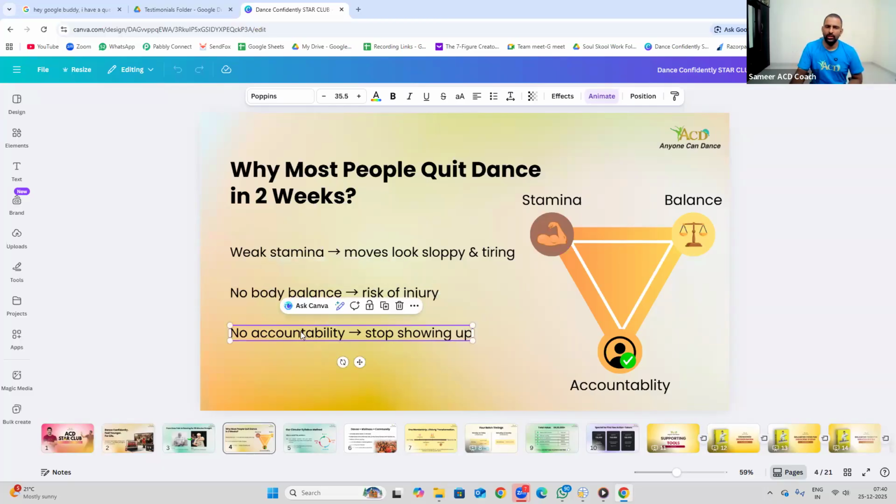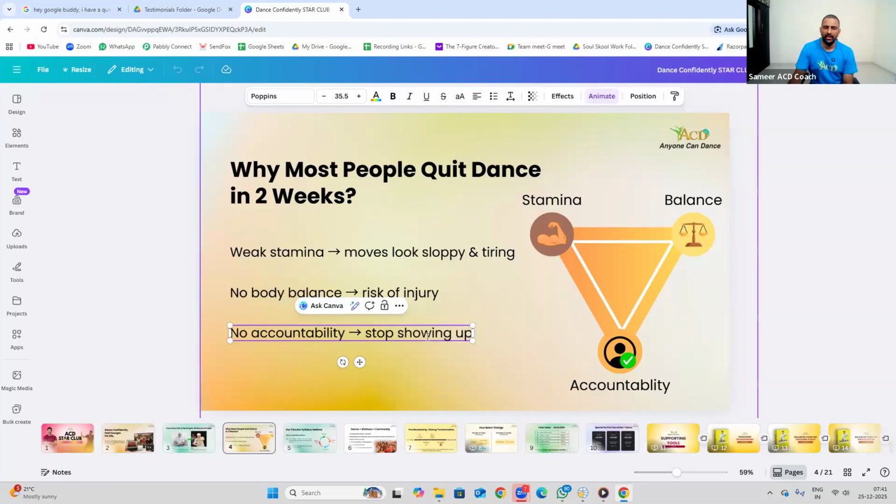And no accountability. No accountability means, just imagine, if you observe my teaching pattern, if somebody is making a mistake, Samir needs to call their name and correct them. Otherwise, I don't feel satisfaction. Just imagine if I am not calling your name, and I teach 20,000, 30,000 people in one session. Will people feel accountable? So I always wanted to establish a personal connection with my students. That is why my students are very, very limited.